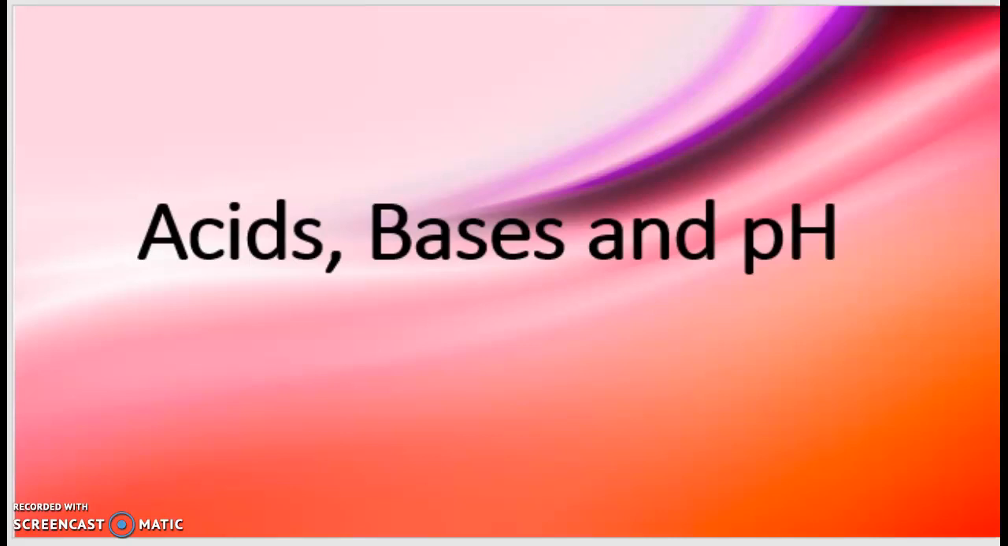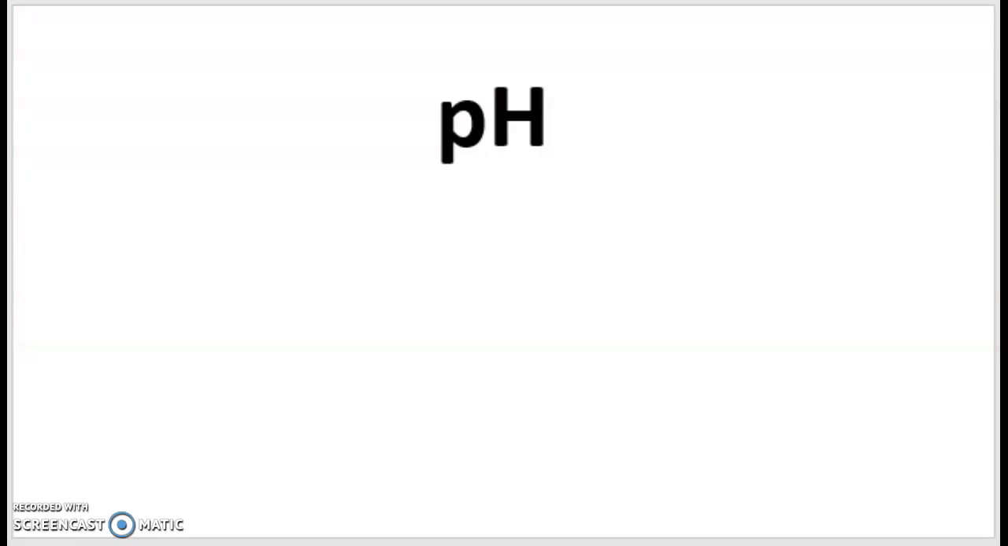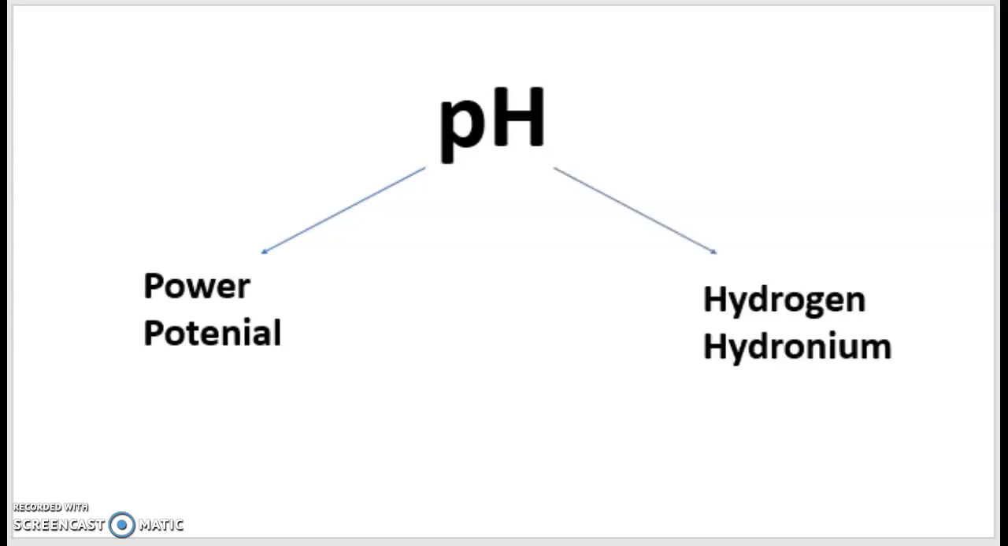Today we're going to be talking about acids, bases, and pH. We're going to start by looking at pH. pH is a scale we use to measure how acidic or how basic something is. It's sometimes referred to as the power or potential hydrogen or hydronium. To understand what this means, the power of hydrogen or the potential of hydrogen or hydronium, we need to start